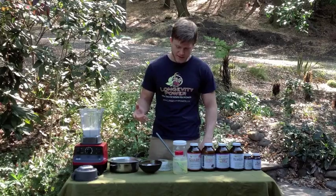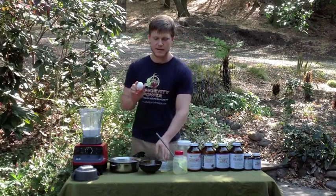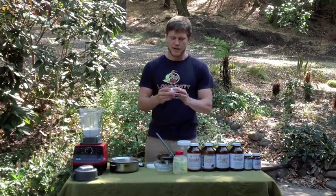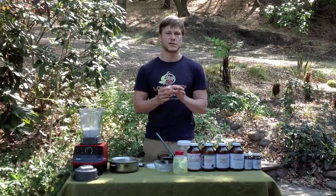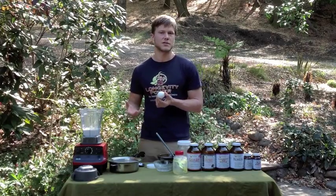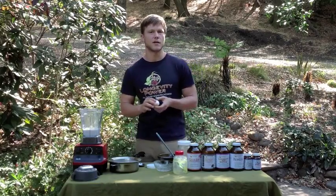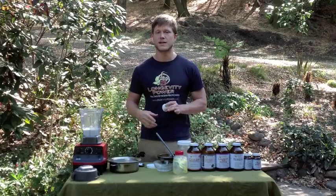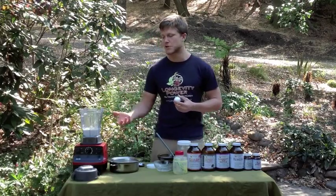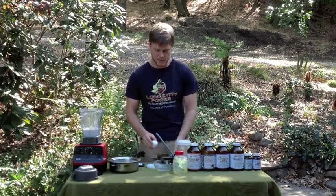Alright, so I'm just going to actually add an optional ingredient, and that is egg yolk. So egg yolk is a very nutritious thing. It is part of traditional ice cream making. There's 3 reasons to choose to add egg yolk. You could totally skip the egg yolk. It'll still taste absolutely amazing, be totally nutritious, and function in its consistency really amazingly. But we're going to do a little